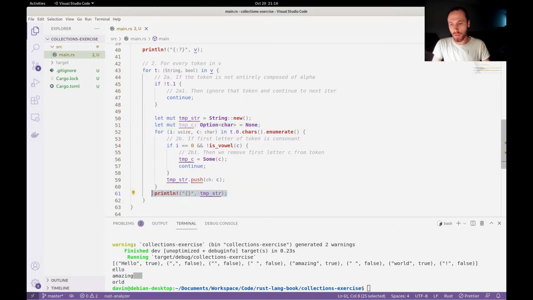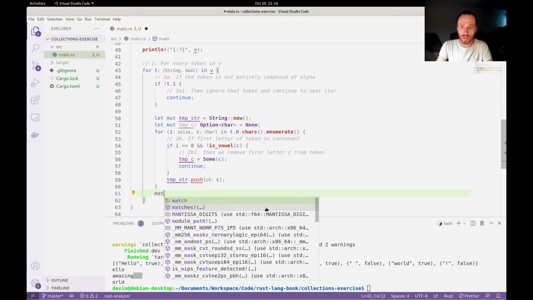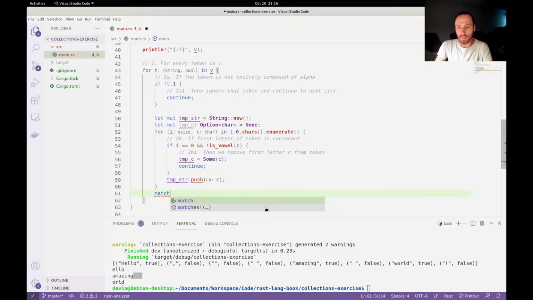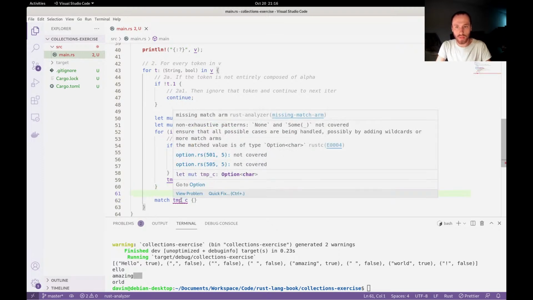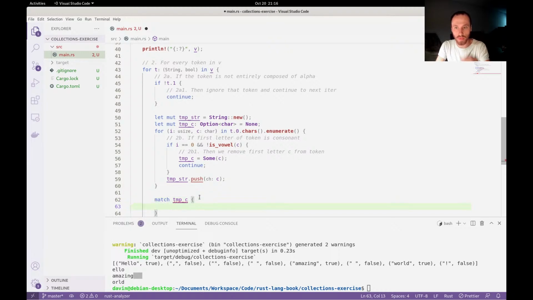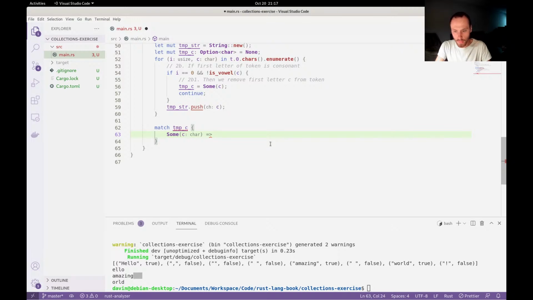So now we're going to match temp C. Is this how you do it? I forget the, oh right, yeah it is, we just gotta put the arms. So if it's something of C, then what do we have to do? We have to pretty much say